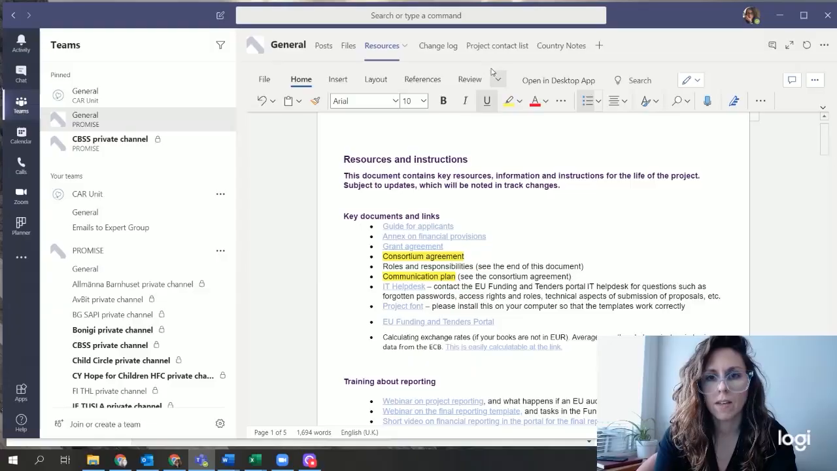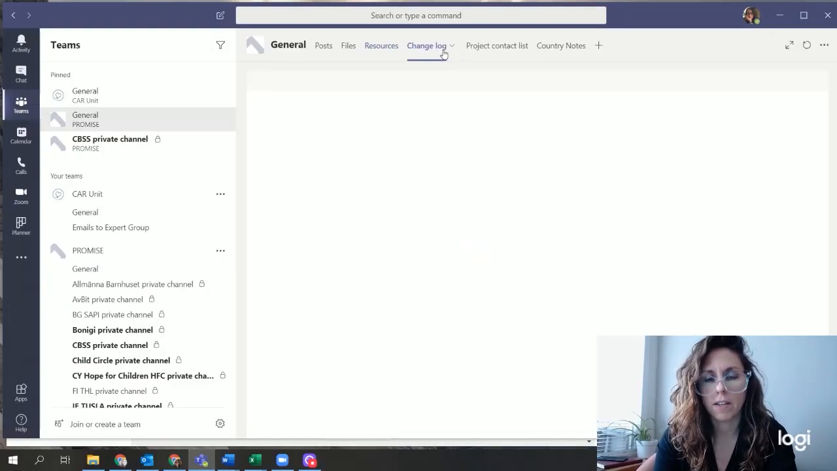So what should you do in case you come across something that you would like to do that is a bit different from how it's described? Well, two things. First, you should, of course, talk to us at the Council of the Baltic Sea States so that we can get to know a little bit more about what you're aiming to do and how it's different and if it requires an amendment or not. And number two, in Teams, we have something called a change log. And in this change log right here,